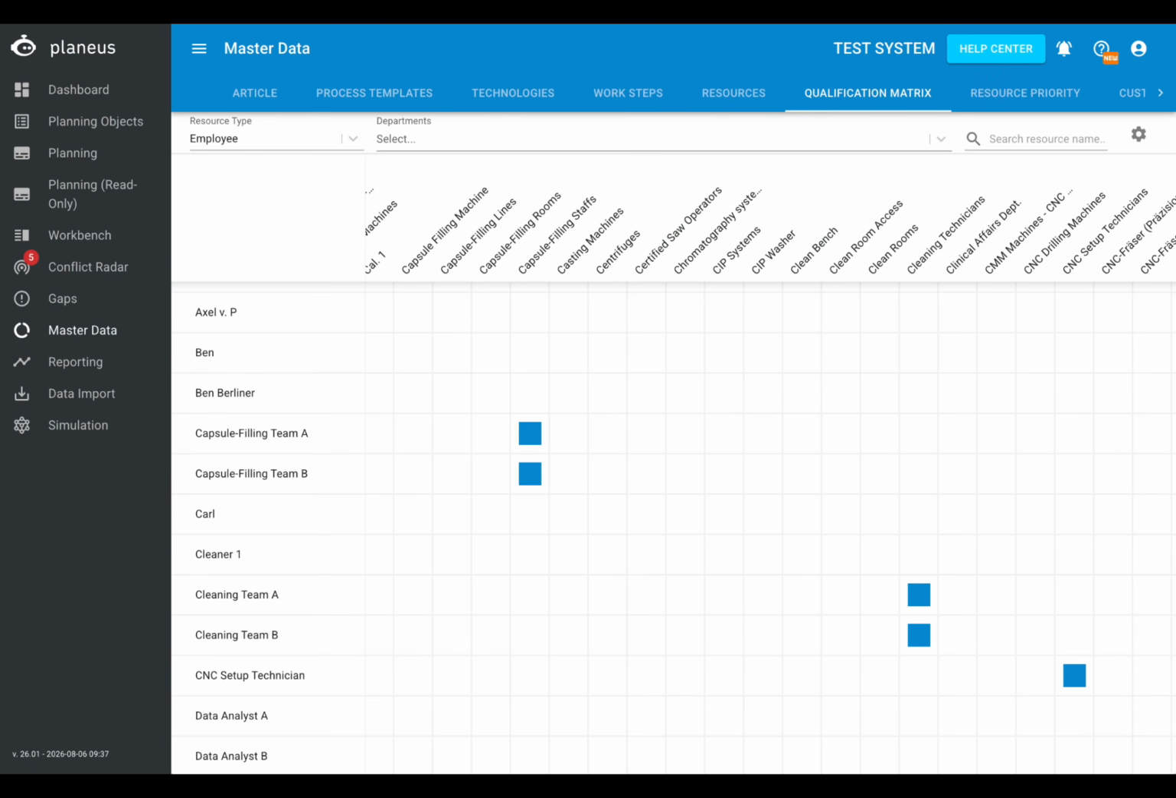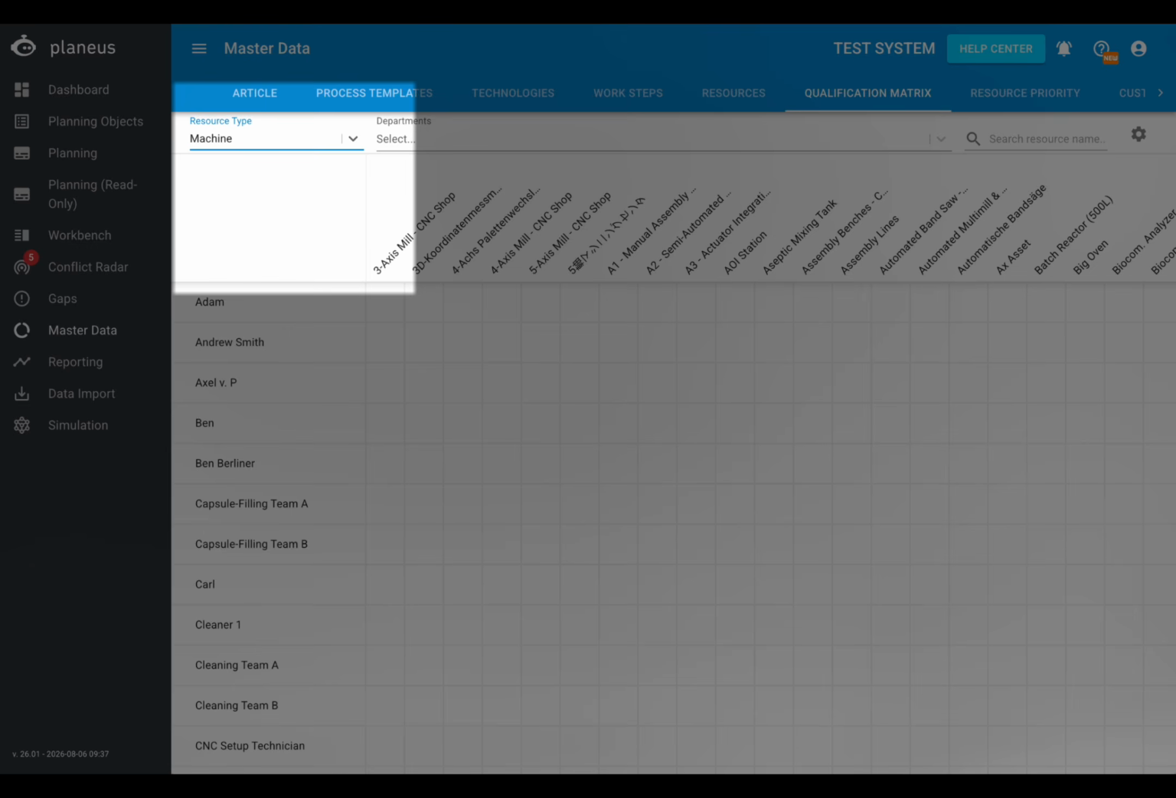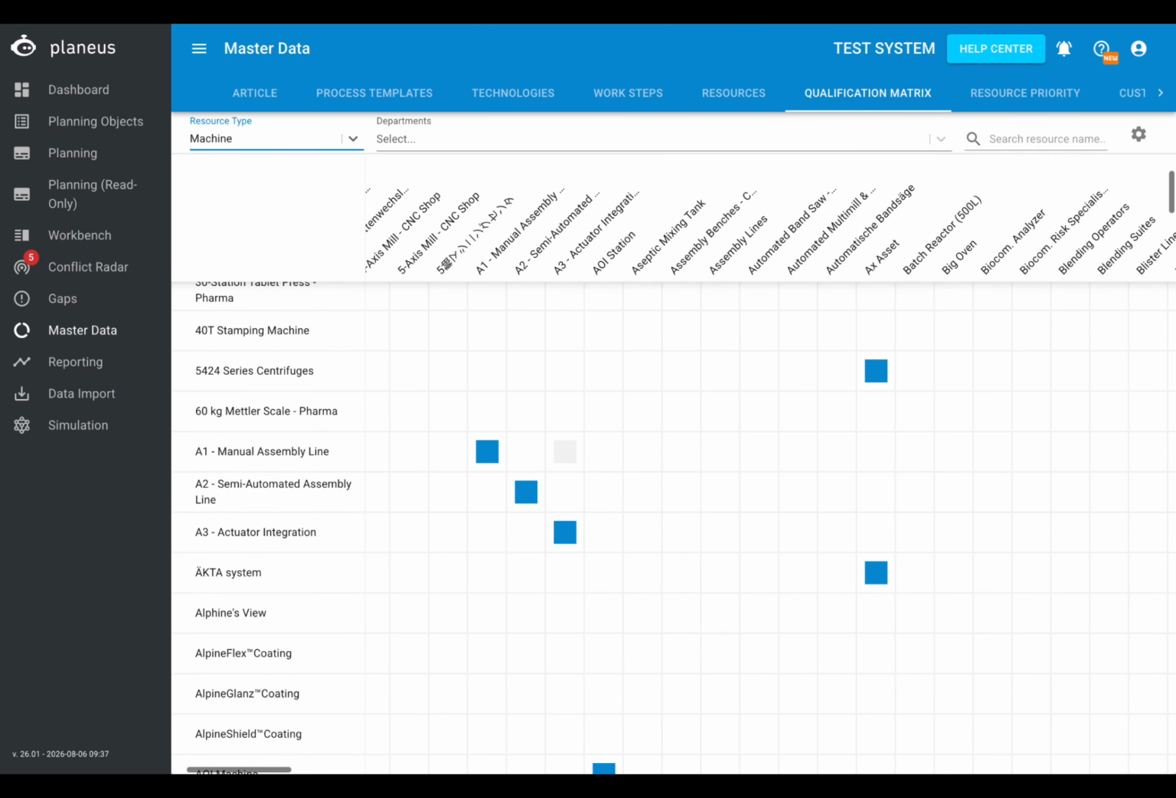Next, we have added two new logic blocks. The qualification matrix maps employee skills and machine capabilities in one central view. This helps dispatchers immediately spot who is qualified or which machine is qualified for high precision tasks or which skill